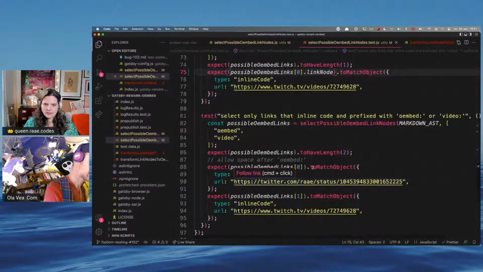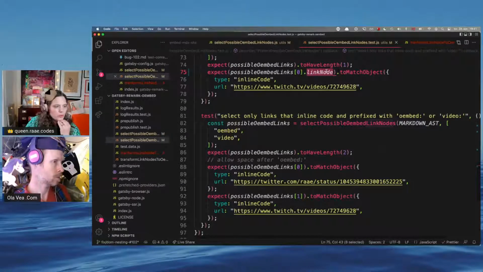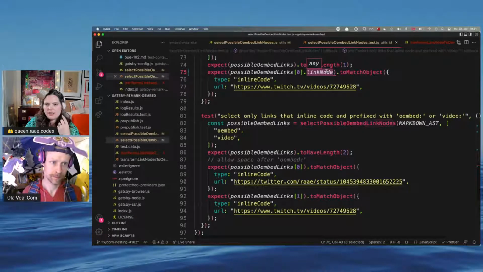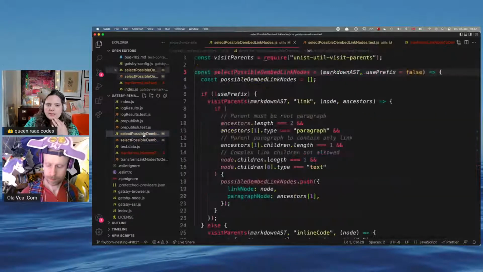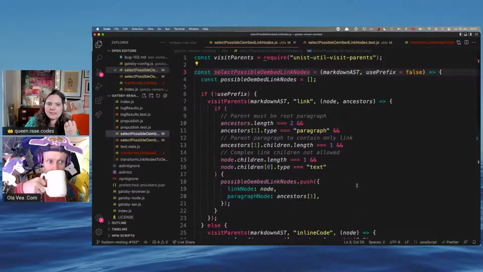Link node. Ooh, but you know what? No. Instead of finding the link nodes, we could find the URL that is needed, and then just pass the node that should be transformed. Because what I didn't tell you is that we have one case where it's a standalone link,